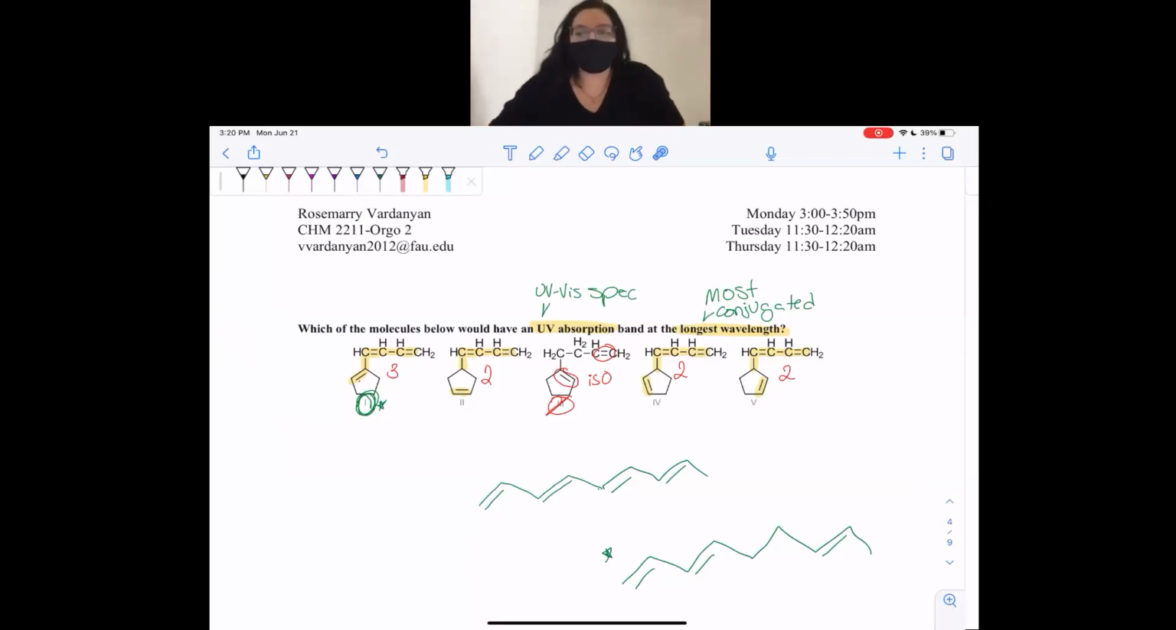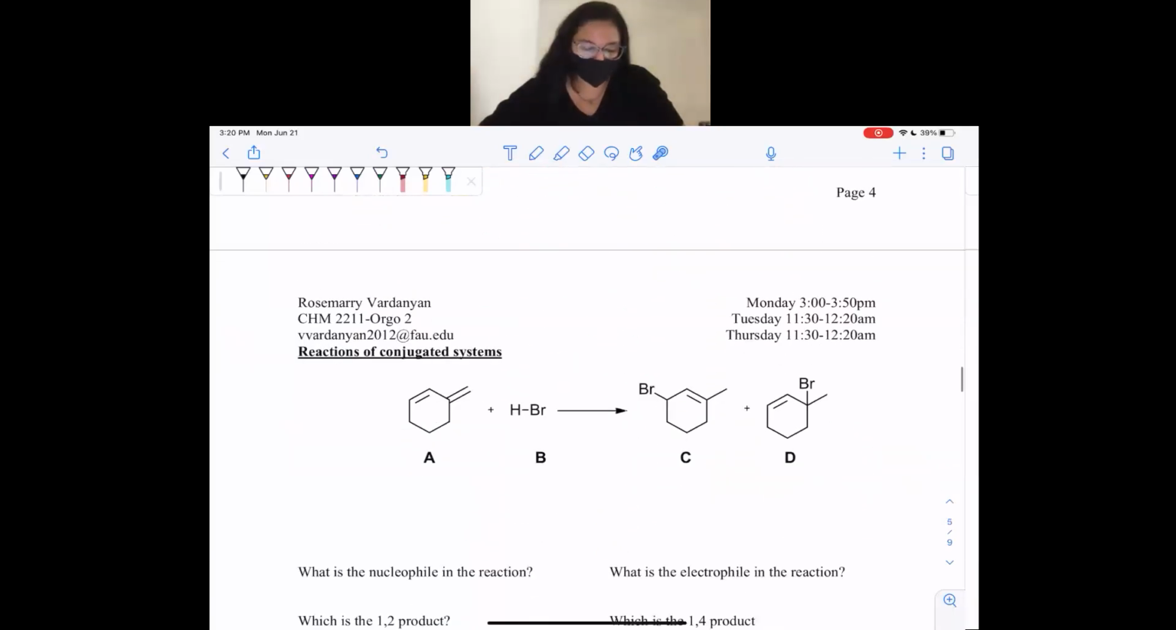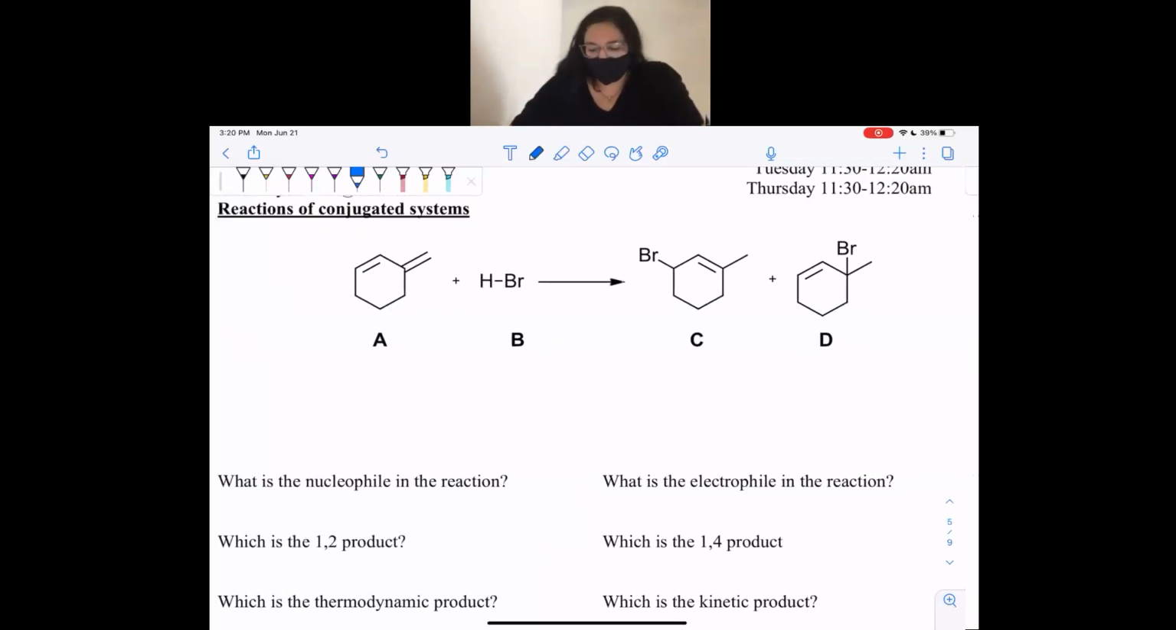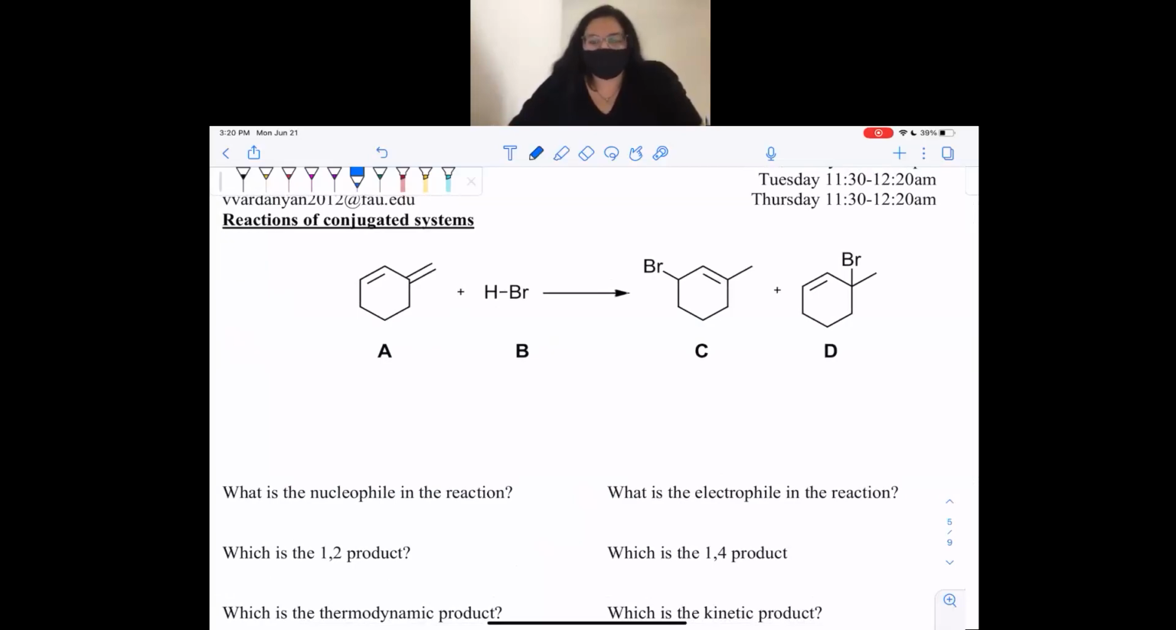Okay, got it. Yay! All right. So we're going to start something a little bit different, and we're going to do another reaction. So this one is actually super, super straightforward. That doesn't mean it's easy, but I think we have a pretty good shot at getting through this. So we did something very similar to this in Orgo 1. So in Orgo 1, we did 1 double bond reacting with HBr. But now it's a little bit different